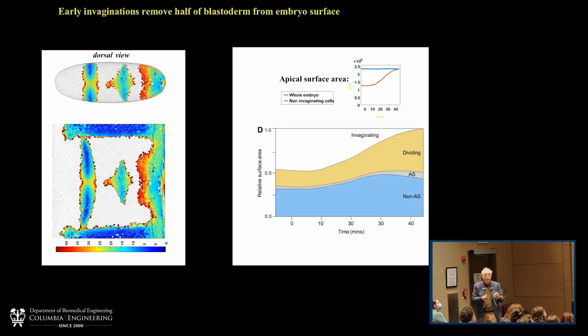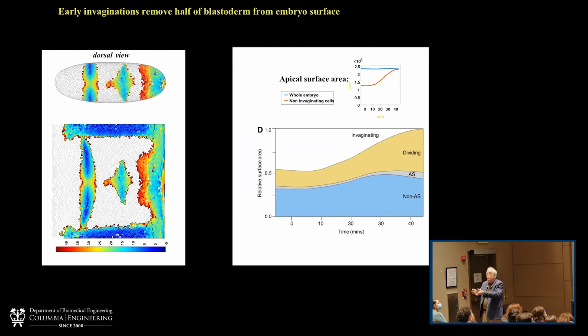And what that means is that since the embryo doesn't fall apart, the cells that are left on the surface have to compensate for that loss. And using movies like this, we can begin to follow the compensation and the expansion of adjacent cells, how the embryo responds and compensates for loss of cells. And we know that there are different pathways.